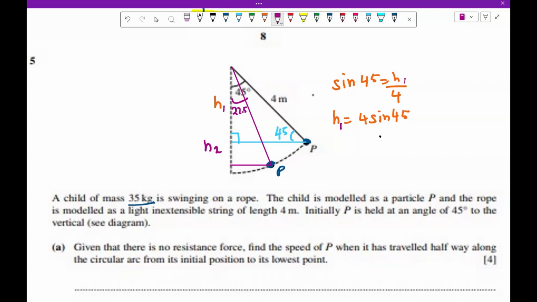Since that is 22.5, this will be 90 minus 22.5, 67.5, sine 67.5. h2 over this is again the radius 4, so h2 we get is